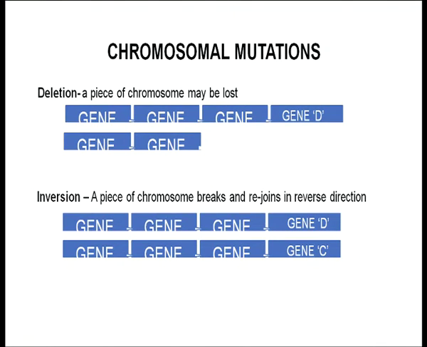Then inversion. Inversion is when part of a chromosome breaks up and rejoins in an inverted position. The genes A, B are in the right orientation, but instead of CD, now the sequence has been changed to DC. It is not that the gene changes, it is maybe the chromosome has inverted in such a way, maybe not the complete gene that has been reverted, but maybe only a part of a gene has been reverted.